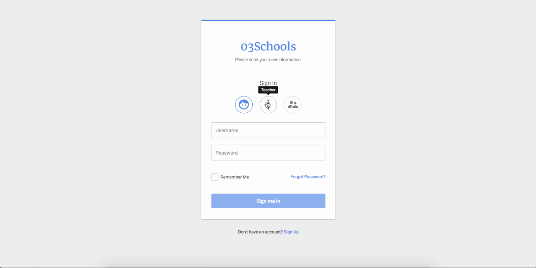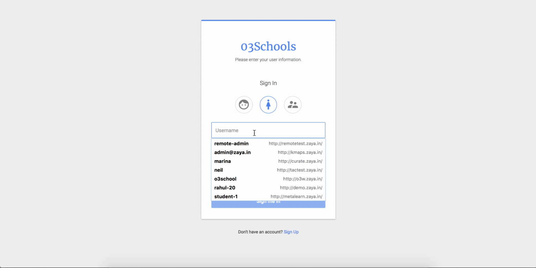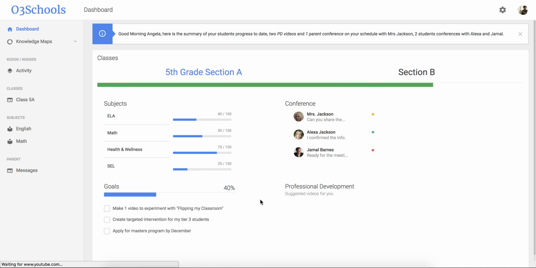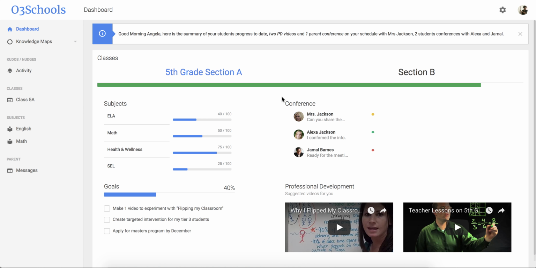You can see student, teacher, and parent logins. We also will have a school admin login in the future. Let's see what a teacher does. A core part of the teacher platform here is centered around data,